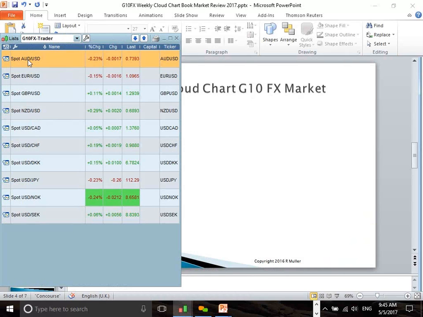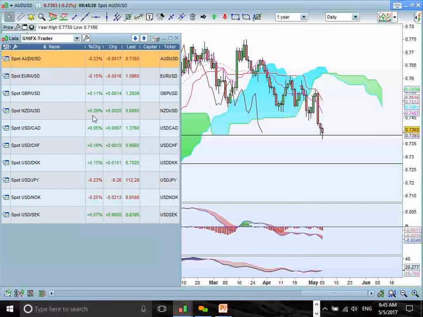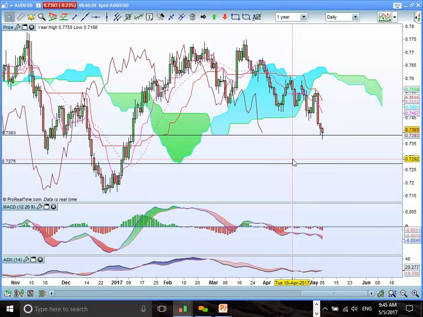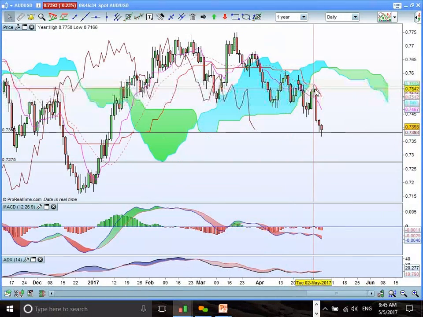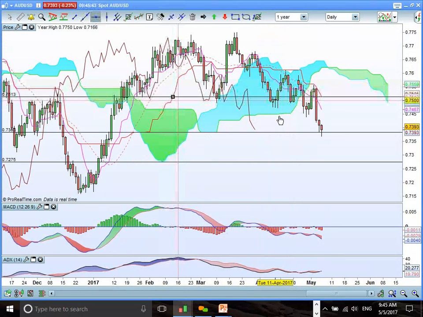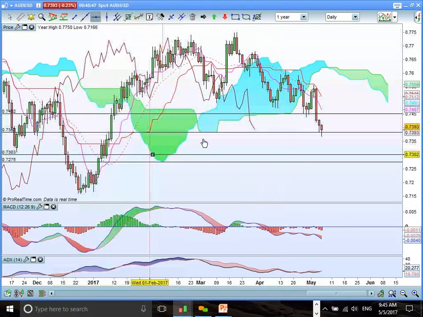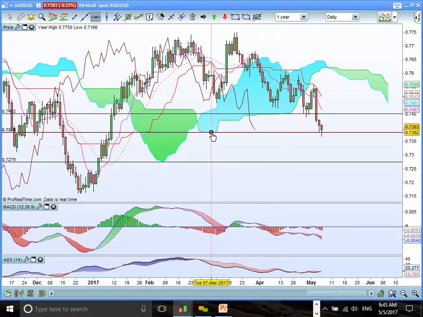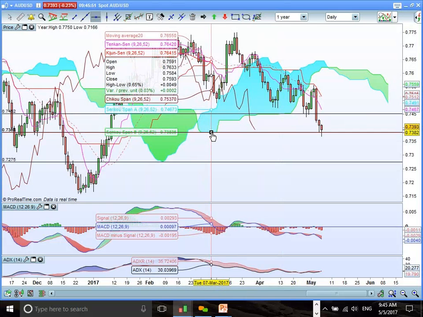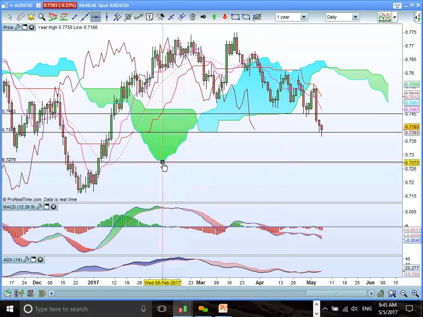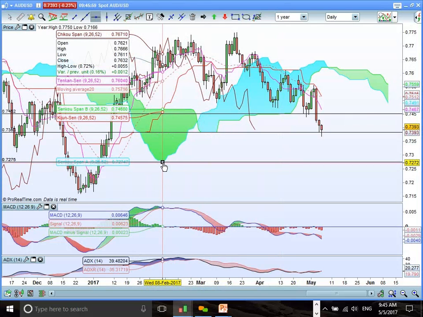We're going to start with the Australian US dollar. Very interesting scenario here is that after it lost support at the top end of the cloud, it sold off, broke through the bottom end of the cloud, lost support at the cloud chart level at the bottom end of the cloud at 74.49 or 74.50. It's now testing for support at the old cloud chart support zone of 73.82, with downside risk towards the bottom end of this cloud chart, the old cloud chart support level of